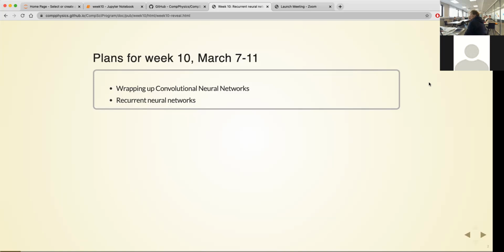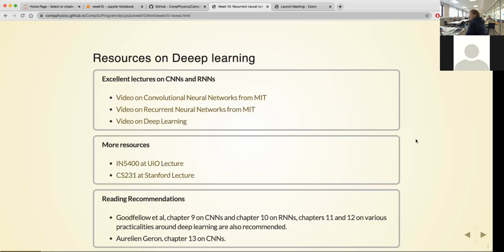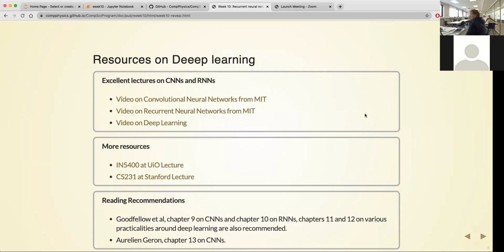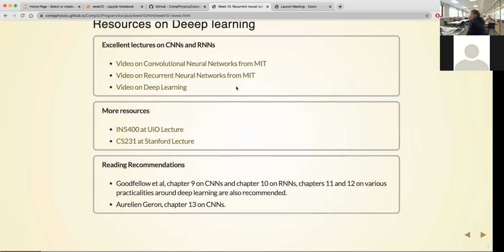One of the things I wanted to talk about is a little bit about recurrent neural networks. If you go into the slides here, you will find, again, some resources on videos on recurrent neural networks. There's a general one on deep learning, and also this textbook by Goodfellow et al. This is written by some of the experts in deep learning, and I'd say it's perhaps to date one of the better ones when it comes to giving you a kind of bird's view of what the different methods stand for and what they contain.